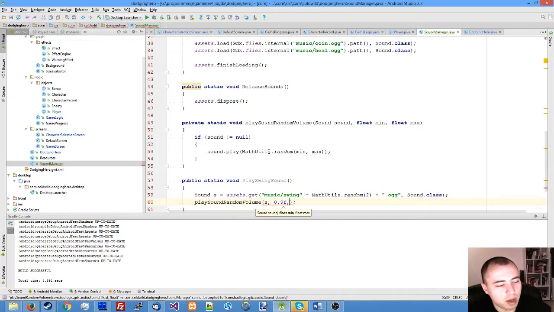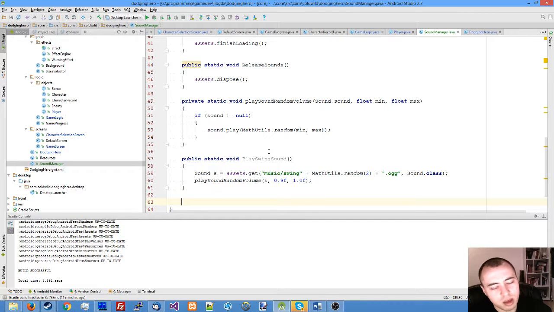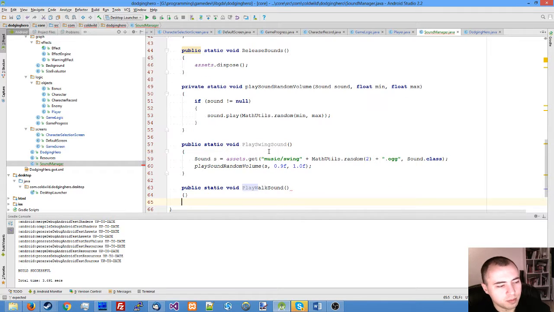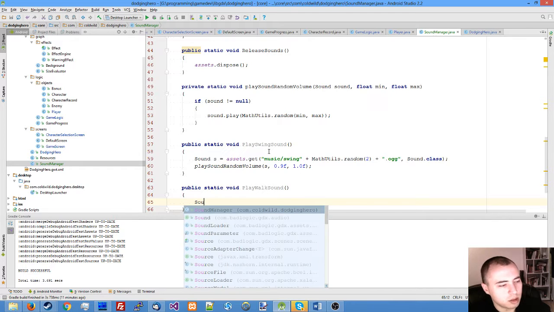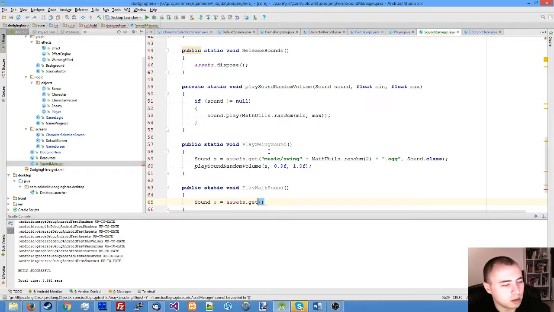I say 0.9f or 1.0f, so it's just as loud as possible, or a bit more quiet. And do something similar for play walk sound. Let's just do something similar. Assets get music walk